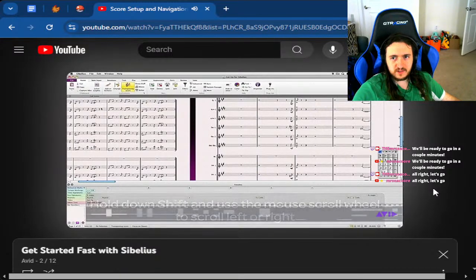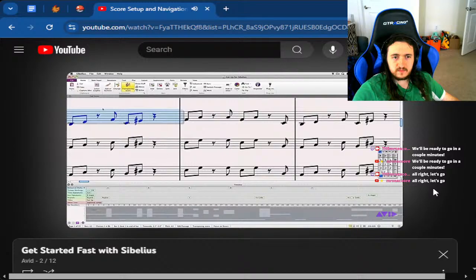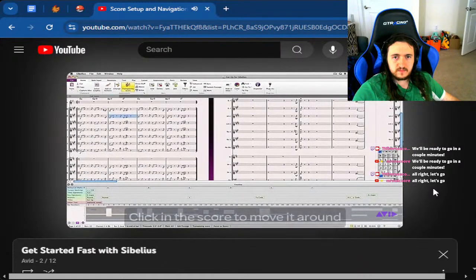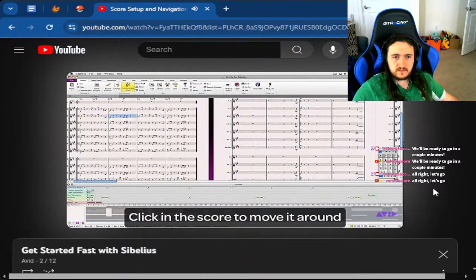One of the nice zooming tricks: if you click something in your score, such as a selected bar, and scroll, Sibelius will target its zooming to keep the selection in view, as opposed to just zooming into the center of the screen. The most obvious way to navigate is to simply click and hold with your mouse, anywhere in